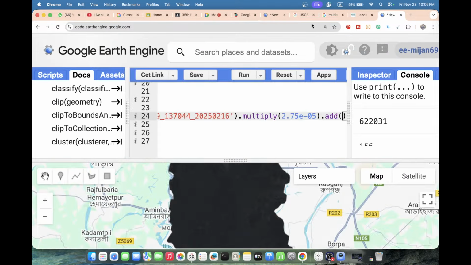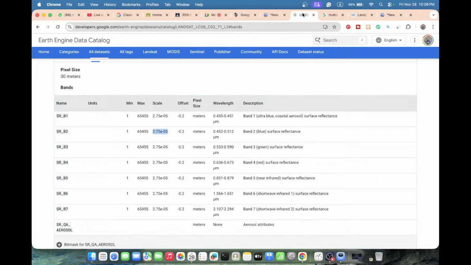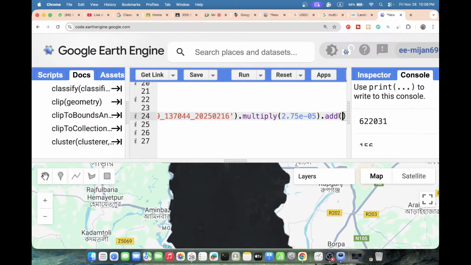Where is the offset? You can see the dataset information and the offset value. Just copy the offset value. Now this digital number converts into a reflectance value, so I paste it here. Now if I run the code,